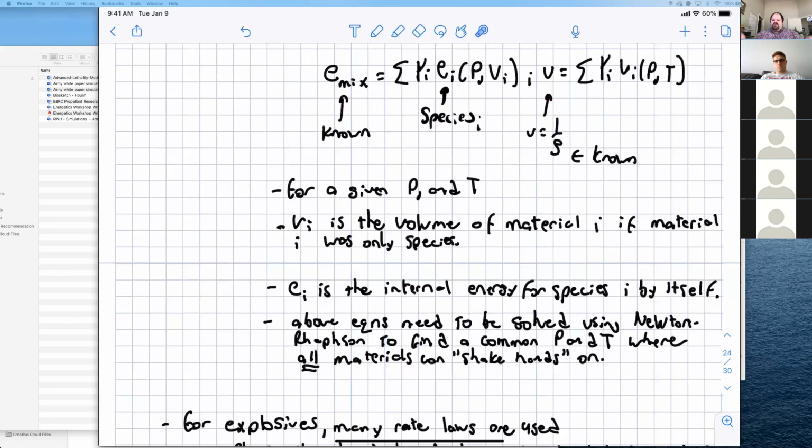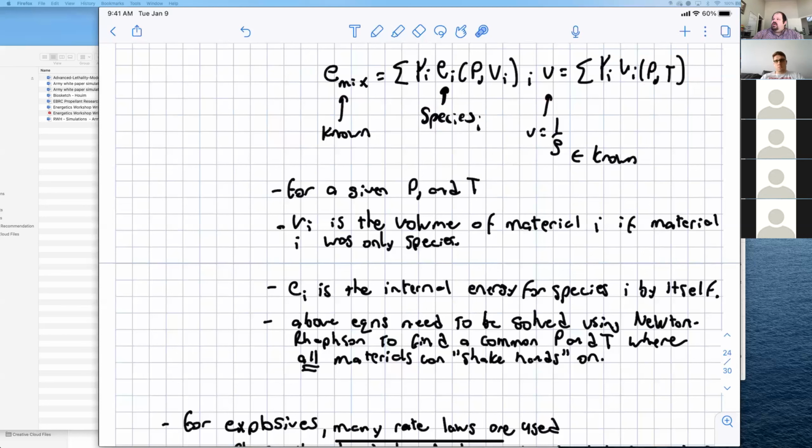And so in those sorts of scenarios, it is impossible for them to agree on a common pressure. It's just not possible. So this area gets very complicated when you have to deal with these so-called mixed cells. I'm not going to go through the numerical details of doing that, but